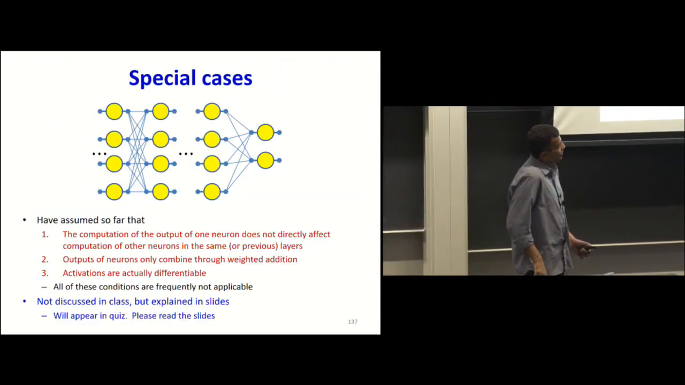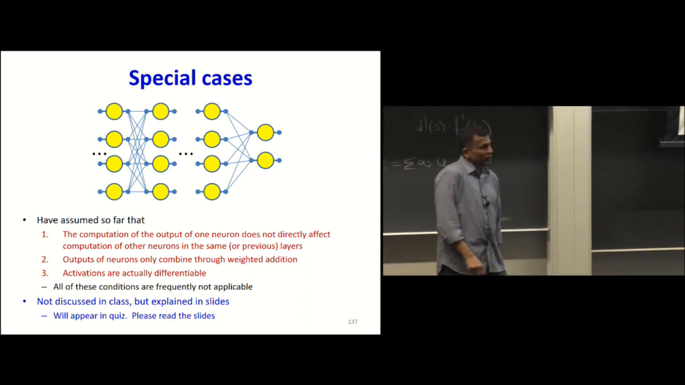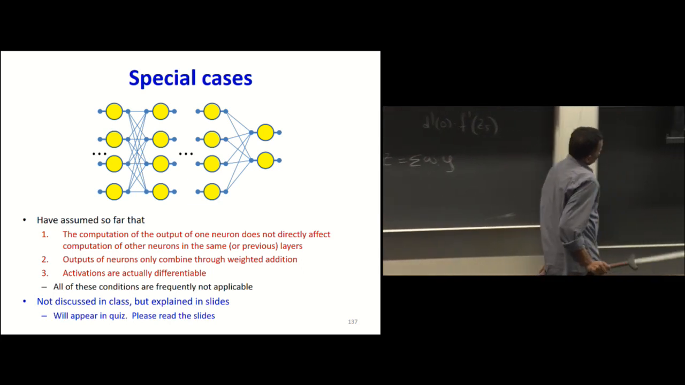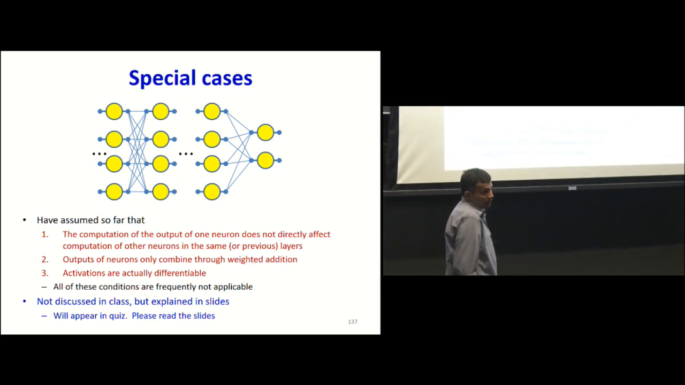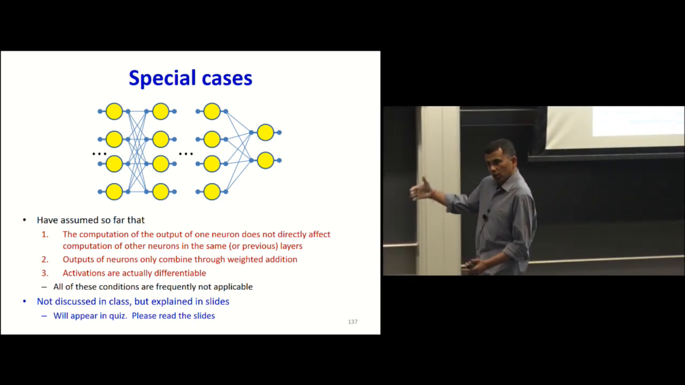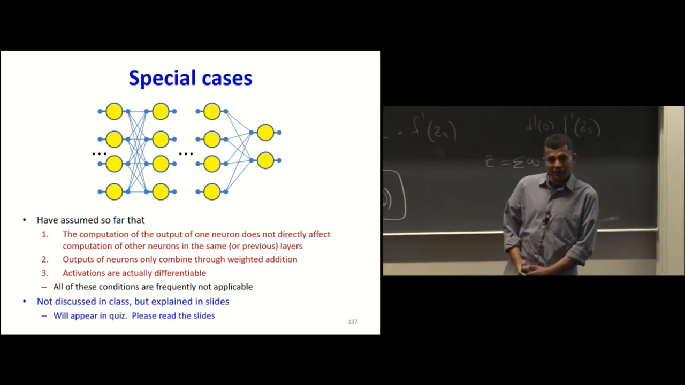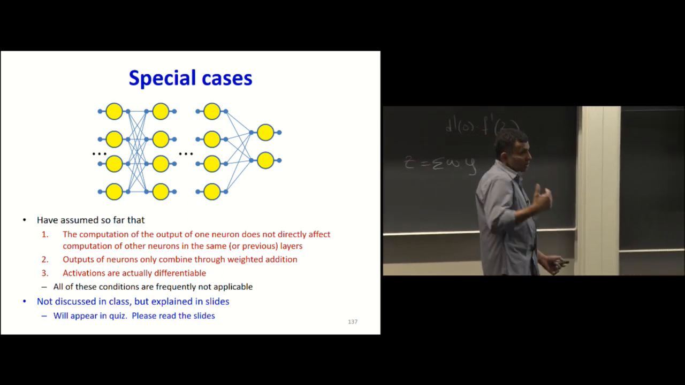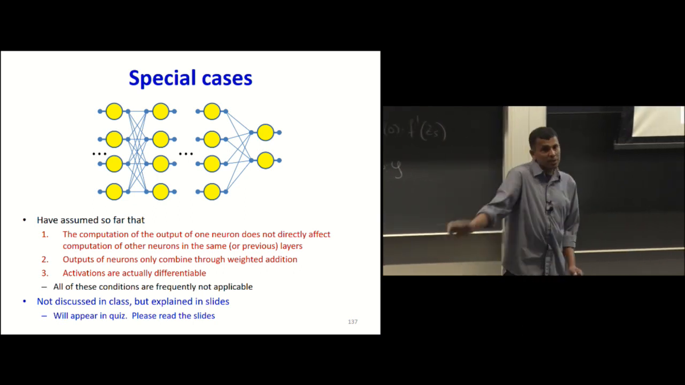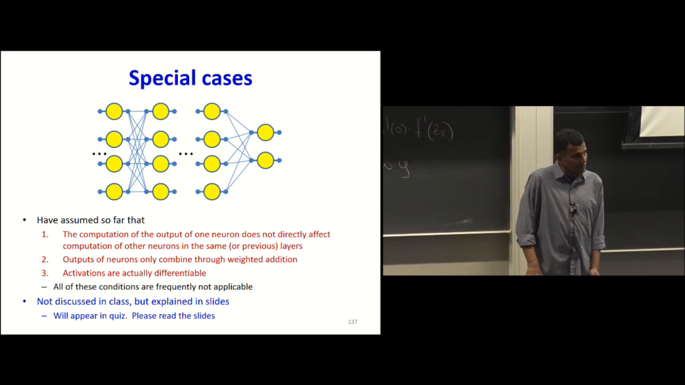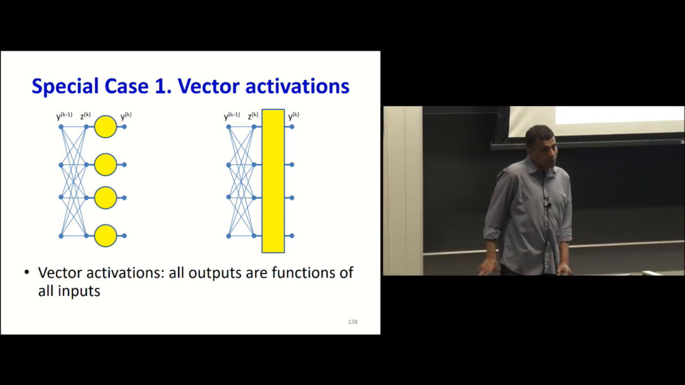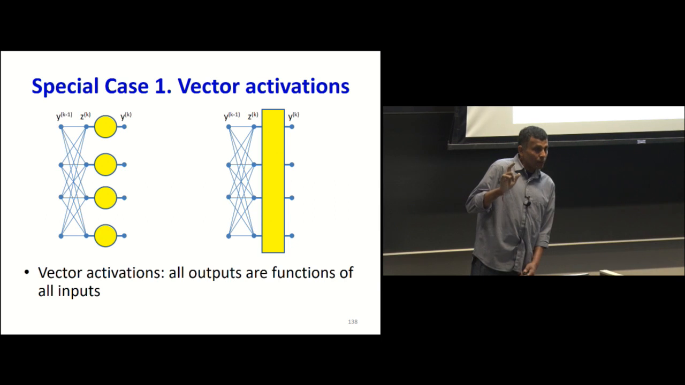Now, special cases. We've assumed so far that the computation of the output of one neuron does not directly affect the computation of other neurons in the same or previous layers. We've assumed that the outputs of neurons only combine in an affine manner, and that the activations are all differentiable. All of these assumptions can be invalidated, and the whole process still holds. For this, you're going to have to look through the slides. I won't actually go through it, but the key point is that very often